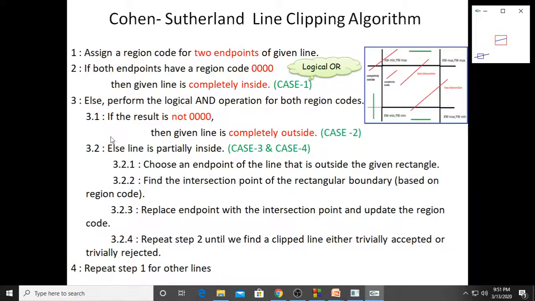You repeat step 2 until we find the clipped region, either trivially accepted or rejected. So any line you give, till it meets the accept case or reject case, the algorithm will continuously run. We'll take this case, this is your endpoint 1, this is your endpoint 2. Next step is you are finding this intersection point, so only this line will be clipped out. This is a completely reject case. And next, from here, this point will be calculated, so this is accepted, a trivially accept case. You will draw the output and come out of the program. I hope you understand this algorithm. We'll see the next slide.